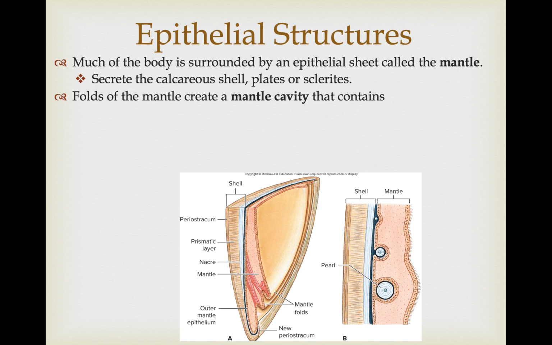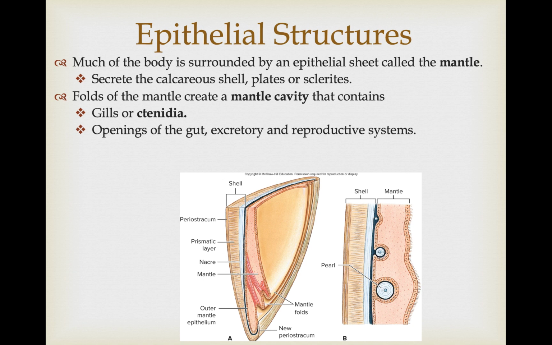The folds of the mantle actually create the mantle cavity that contains the gills, or the ctenidia. Ctenidia is just another name, a synonymous name, for the gills. And we're going to see that the gills in mollusks serve two functions, both feeding and respiration. We also see that there are openings to the gut, excretory and reproductive systems that empty into the mantle cavity before the digestive waste, the excretory waste, and the eggs or sperm are released to the environment through the mantle